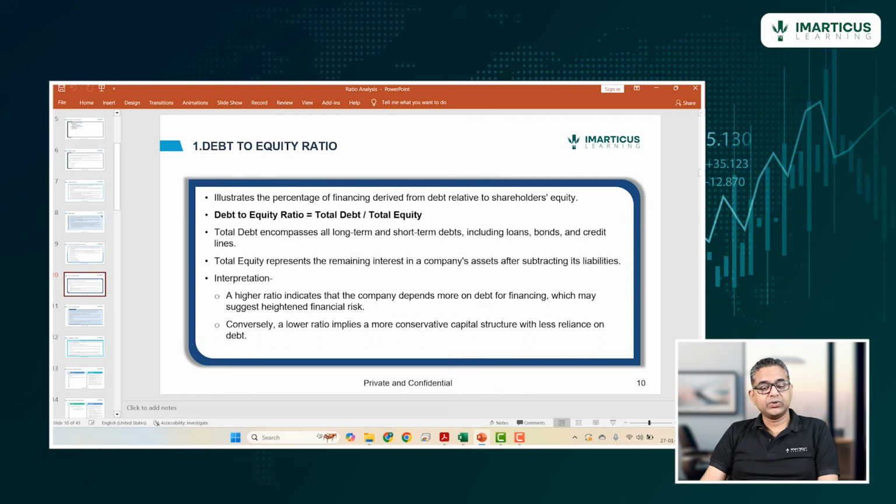So if the ratio is low, do we want the debt to be zero? May not be the case, because debt financing is relatively cheaper as compared to equity financing. So as long as the company is able to manage the debt, as long as they are able to restrict the debt funding to a very manageable level, which they can easily service, there is absolutely no issue with debt funding to that level. But a very low ratio as compared to industry might suggest that the company is too conservative. So maybe they can